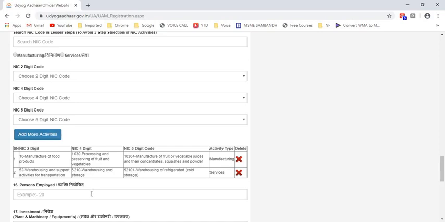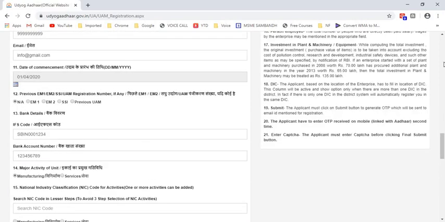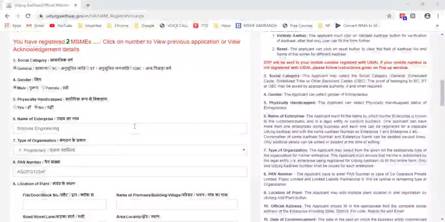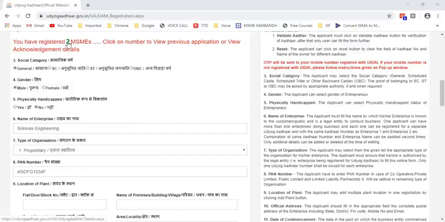Okay. If you are changing any activities in future, you can come to the same site, same process how you have logged in earlier. If you have committed any mistakes, you can come back and edit those things. If you are changing any address, plant address or any other address you want to change in your MSME registration, you can come here by entering into the same process.